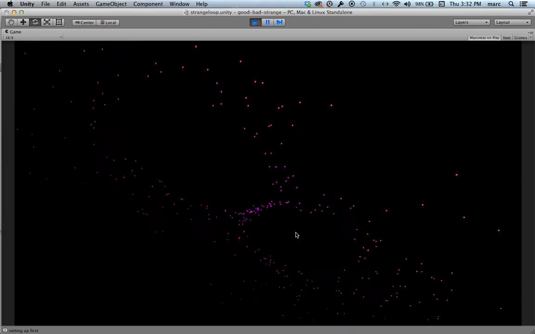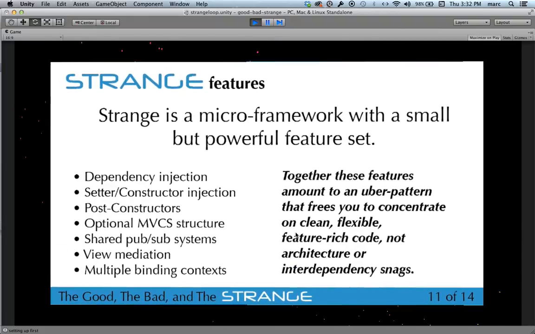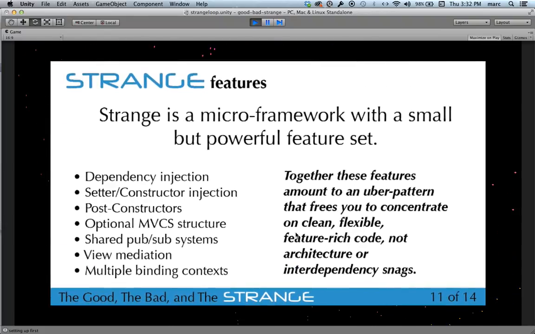So just to give you a sense of what Strange is, the dependency injection, the inversion of control, is a part of Strange. It's a really important part, but it's not quite the whole story. In addition to dependency injection, we provide different ways of doing injection. I don't want to go into the details here too much. Various things you can do around your construction. We provide an MVCS structure. Now, MVC you're probably familiar with, Model View Controller.